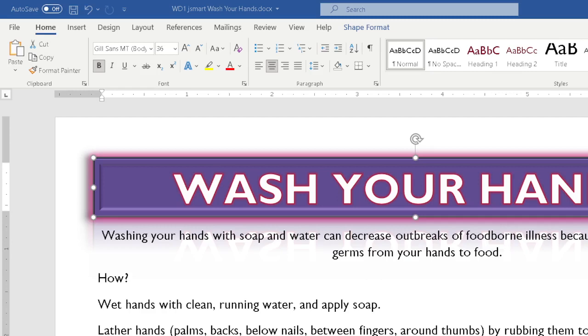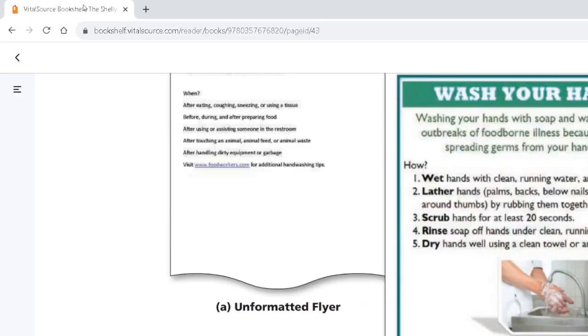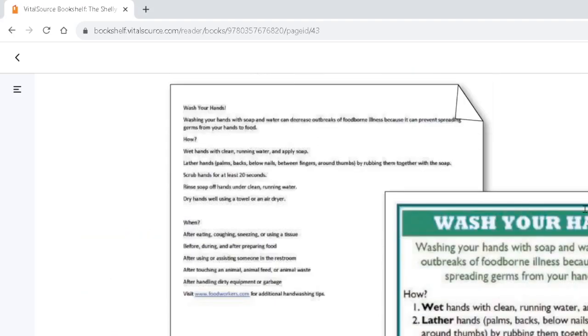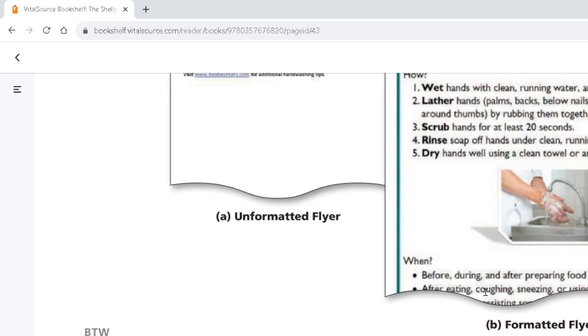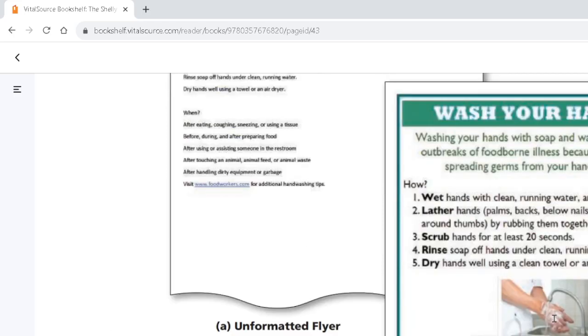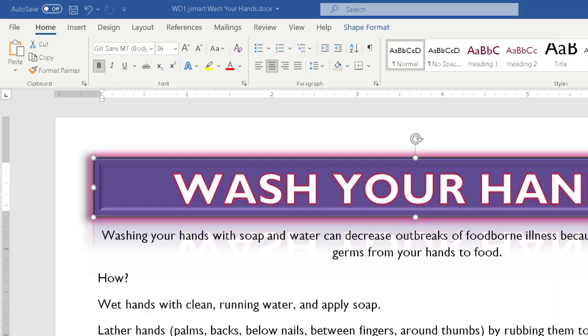Remember, what we want it to look like is this. So we have the content, but now we want the rest of it to look like this. So this is going to be larger. It's going to look purple at first. Then we're going to adjust our color table. We're going to have a numbered list and a bulleted list and a little eye candy in the middle. So let's adjust the font size of that